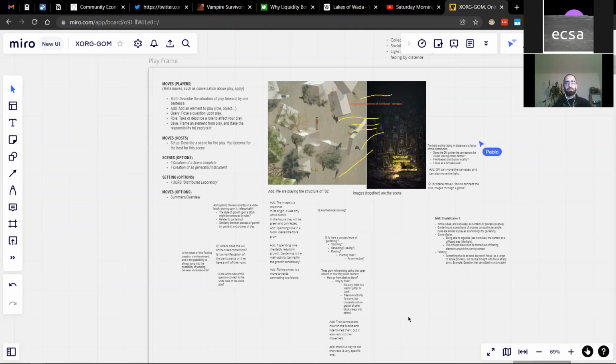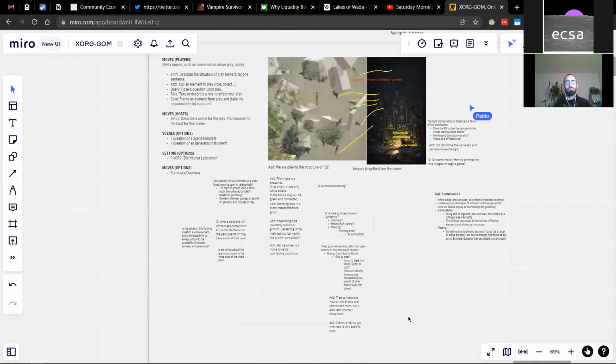Yeah, and we were clearly playstorming. That was the idea as well. We had some starting moves, but it wasn't like we had to follow them religiously. New moves can be formulated, and we changed how the moves work a little bit and how they're typed down. But that was in the idea anyway. The starting moves did their service, which was to start the situation, and then they mutated and developed along the way.